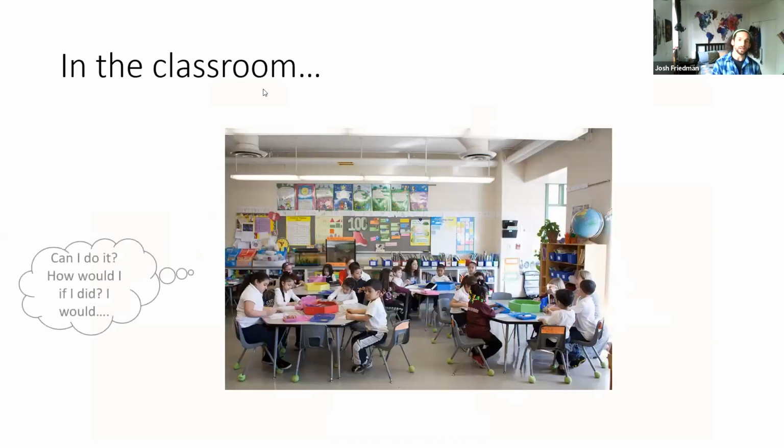An example of this in the classroom. We might be talking about, hey, we're all going to start our reading period, right? And somebody's trying to decide between the level 3 book and the level 4 book. And can I do the level 4? How would I do the level 4? Well, I'm probably going to read slower. I'm probably going to get more upset with myself.